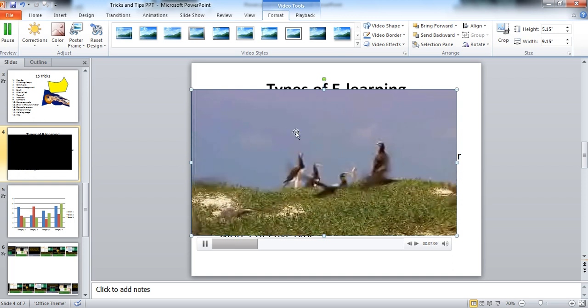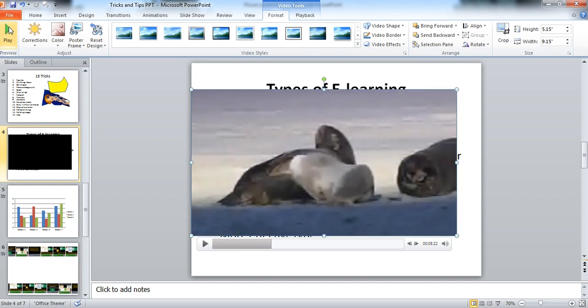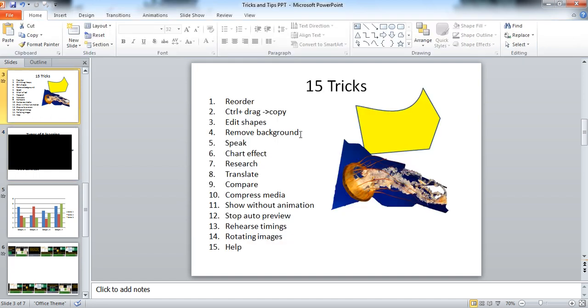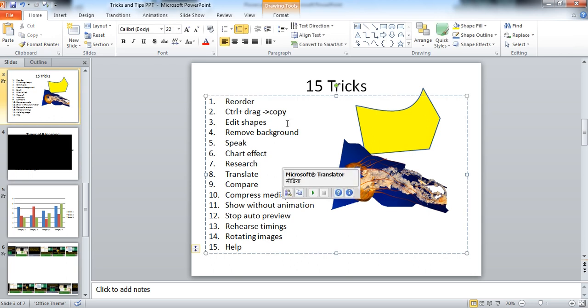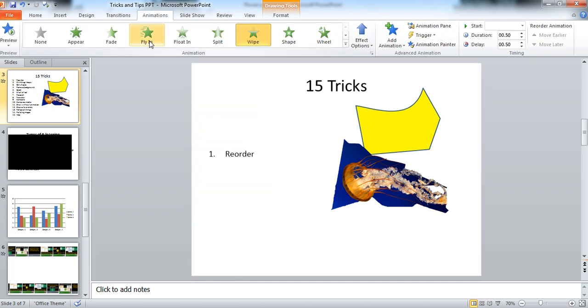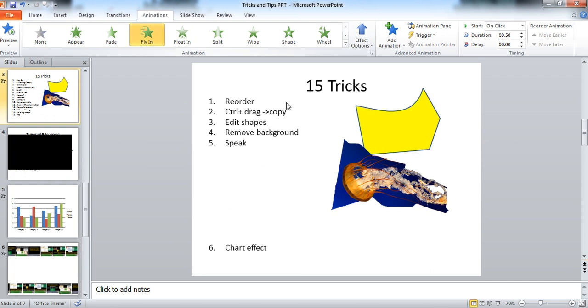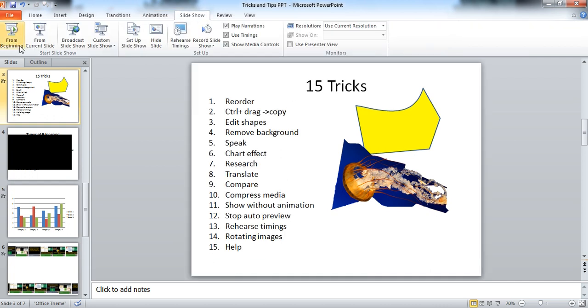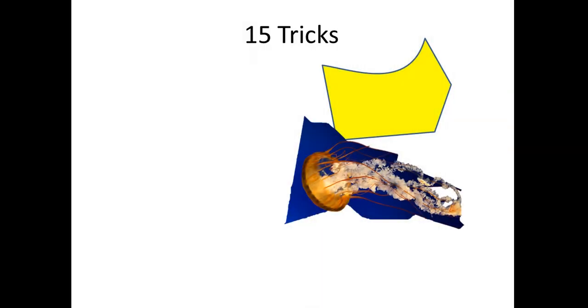Okay. Click on this again to stop it. Okay. Suppose you have applied some animation here for the whole rectangle, suppose you have applied different animations. When you are presenting your slideshow, at that time, all these animations are shown. I'm clicking on From Current Slide only, so it's showing the different animations.